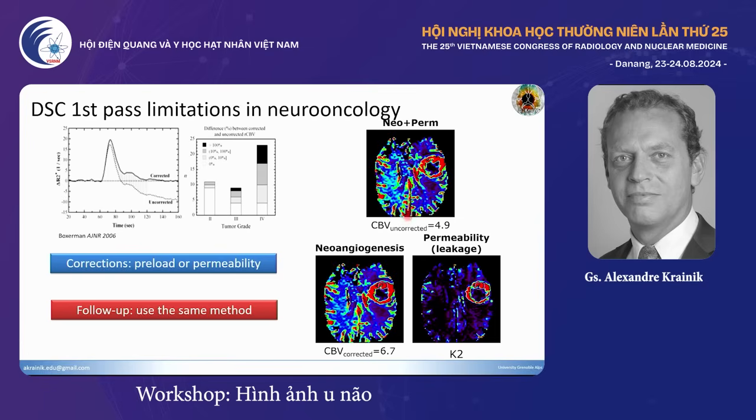And then you see here, when you don't do any calculation, this is the raw value. You have a certain CBV, let's say about 5. And here, when you can correct this, you see there's an increase in CBV,